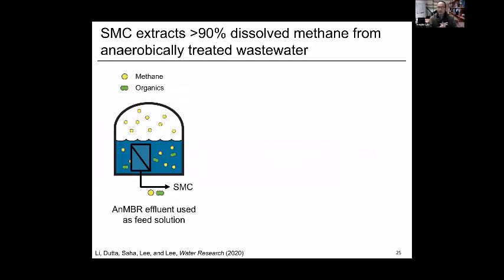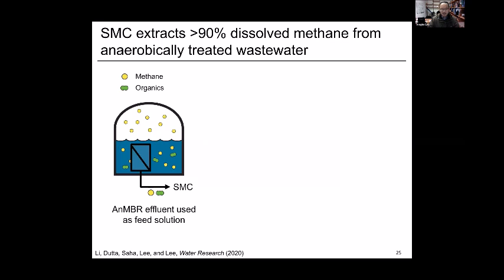But this data is from the clean feed water, which is basically distilled water saturated with methane, and we wanted to test actual wastewater that has a lot of solvents in it. So through the collaboration with Dr. Jongho Lee at the University of Waterloo, we received actual anaerobically treated wastewater